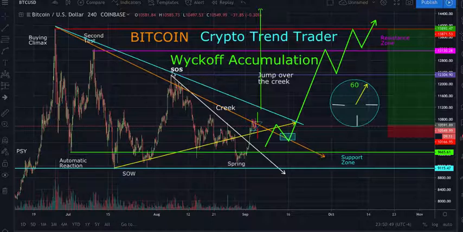Now because we got this fake out here, people are going to be hesitant to buy when we get over that resistance line. But once you get to this line here, the blue line, you can't deny it. That's an all new breakout of this pattern, in which case we'll get that measured move to the upside, taking us to about 14.5, putting in a higher high than this pattern,